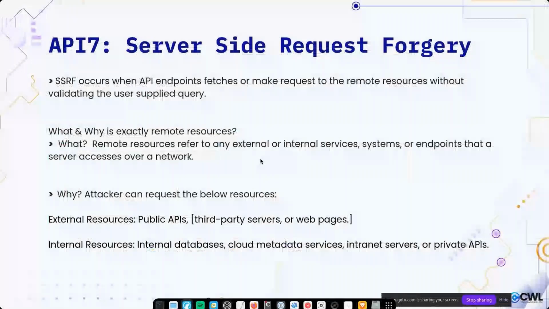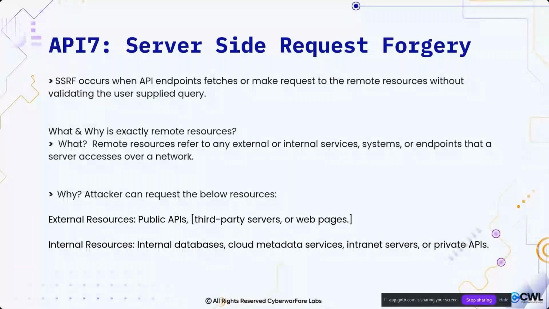Then we have server-side request forgery. Most people already know about the OWASP Web Top 10, which includes server-side request forgery. In APIs, we also have server-side request forgery. It happens when an API fetches or makes a request to a remote resource